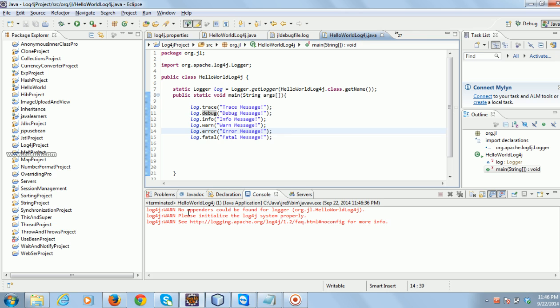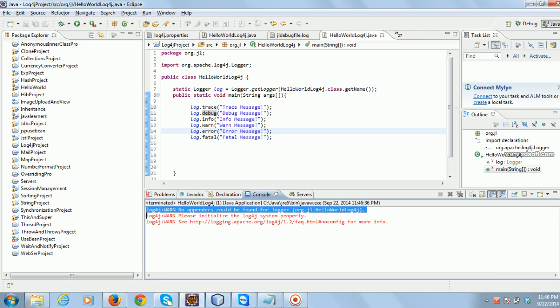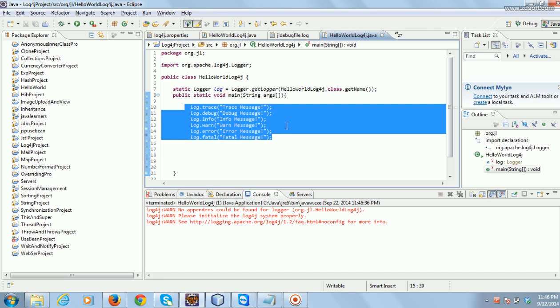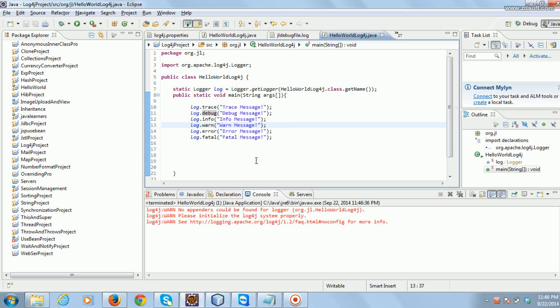Can you read the message? It is saying that no appenders could be found for logger. Please initialize log4j system properly. That means to use this we have to configure the log4j mechanism. Okay, how to configure means